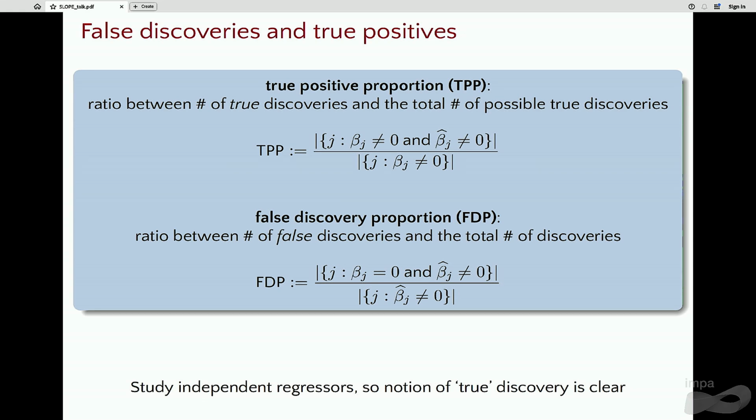Okay, and then what I want to study are these two values, the true positive proportion and the false discovery proportion. So the true positive proportion is going to be the ratio between the number of true discoveries, where by a true discovery,